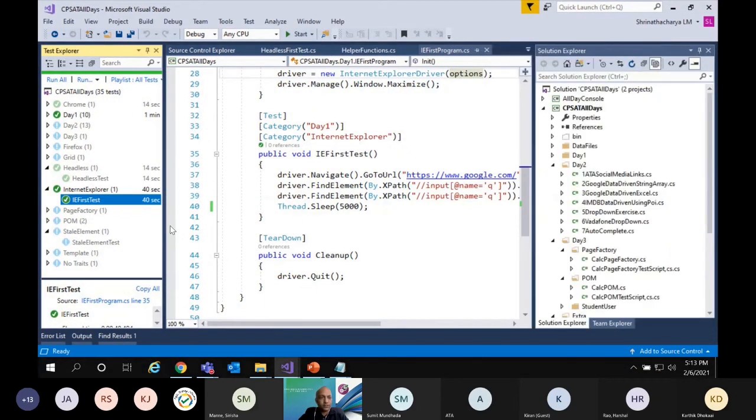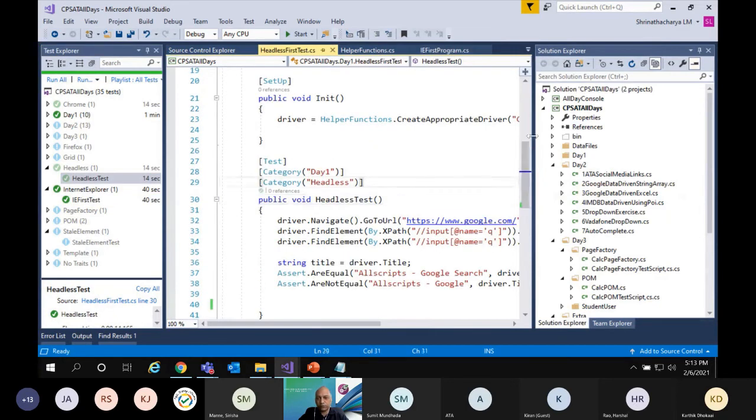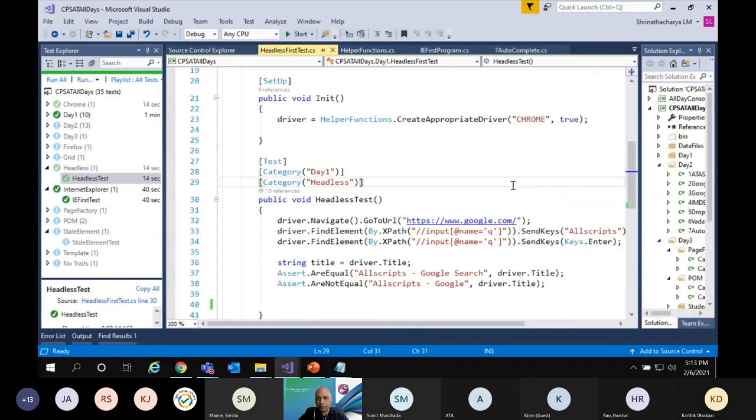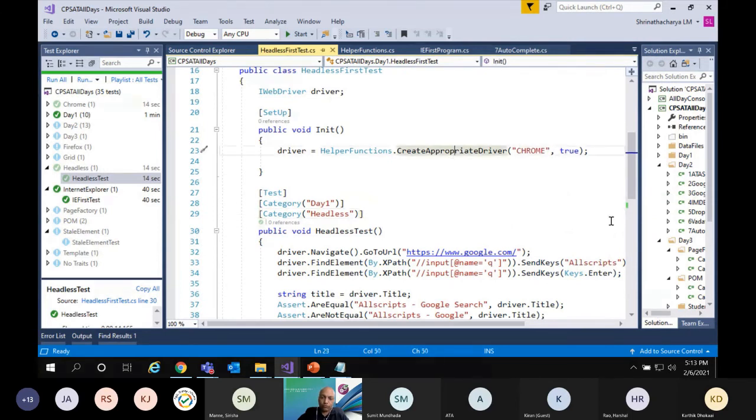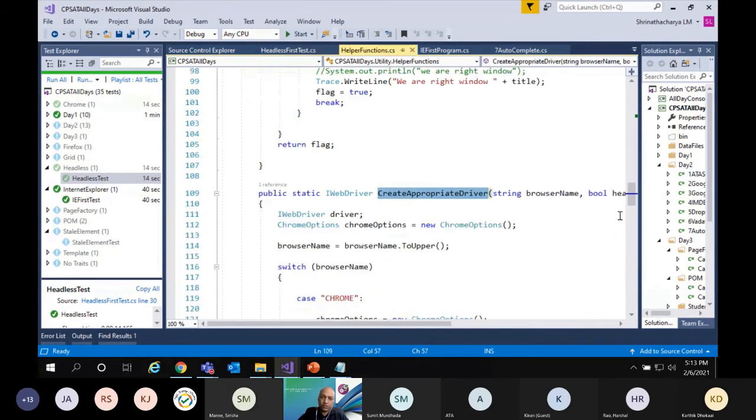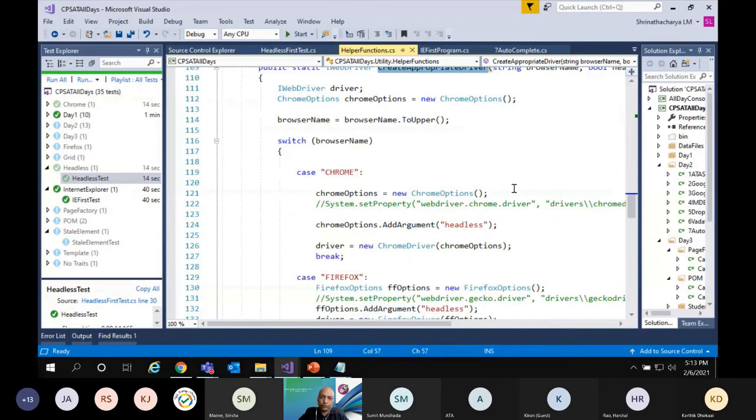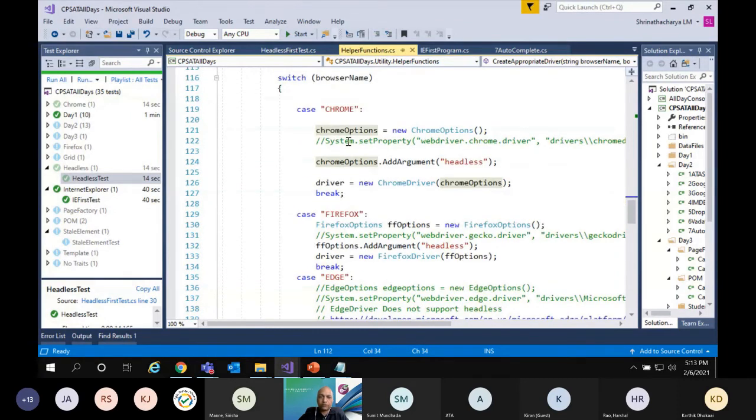IE. Okay, similarly if you want to run with headless mode, say suppose I want to run in Chrome with headless. Now here, for Chrome options in headless mode, you have to instantiate a new object with ChromeOptions, then you have to pass the argument as headless.